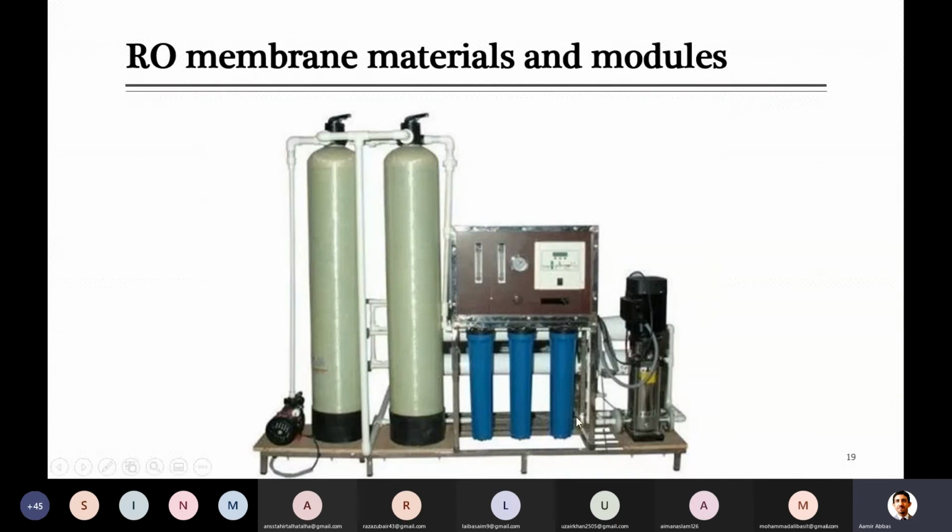You can see that we have the membrane somewhere here in this unit. Last, you can see a pump called a booster pump, which is used to pressurize the water through the membrane. As you have seen, we need a lot of high pressure to push the water through this dense membrane. You can also see these cylinders, which are filters containing various separating media. Some consist of activated carbon, and others may also be used.